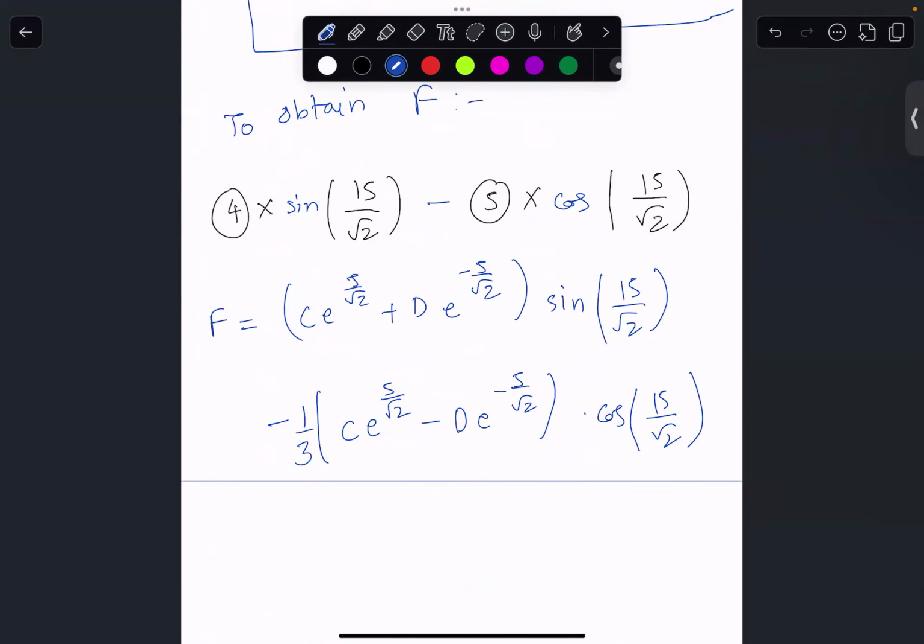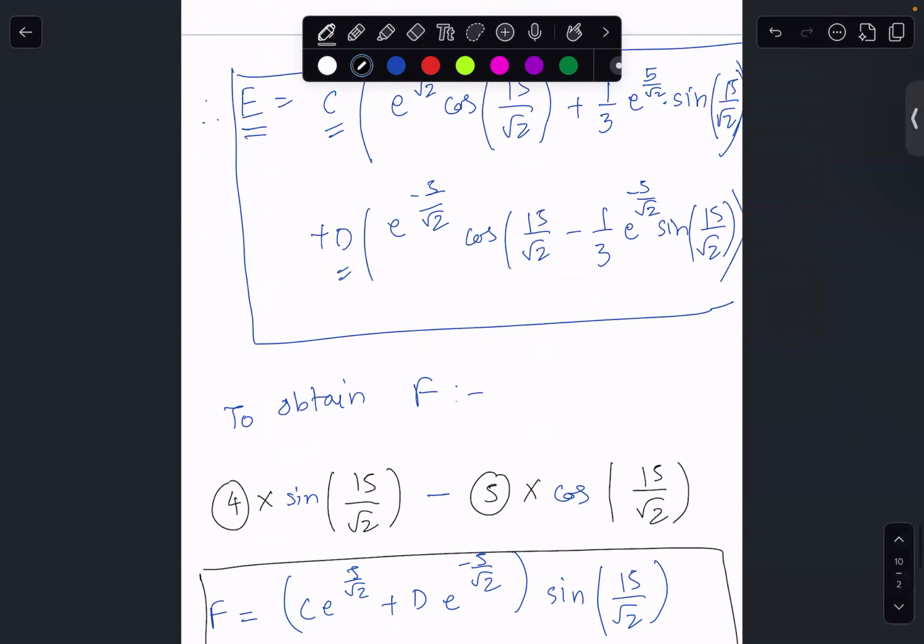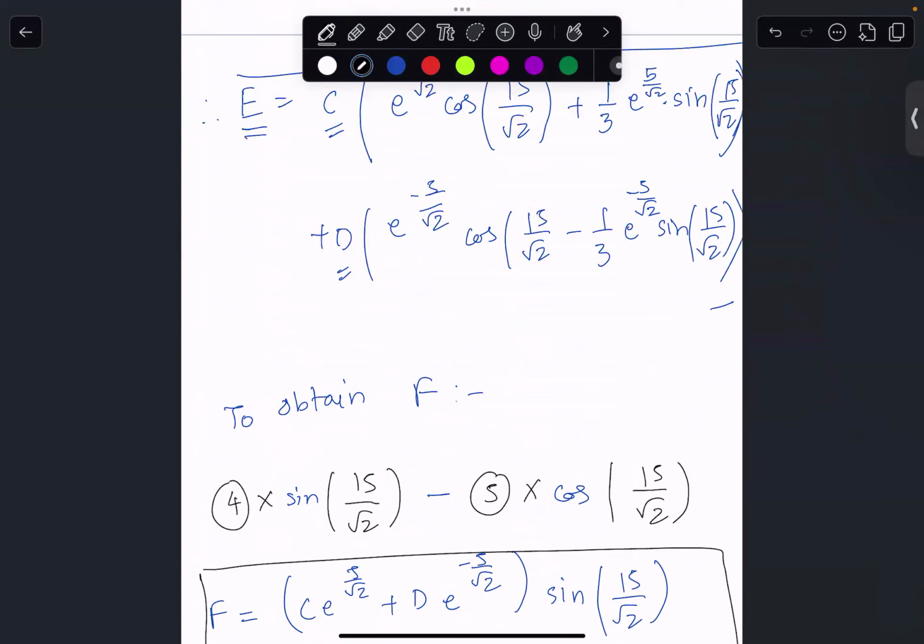Okay, perfect. So we now have our solutions obtained for E and F as well,